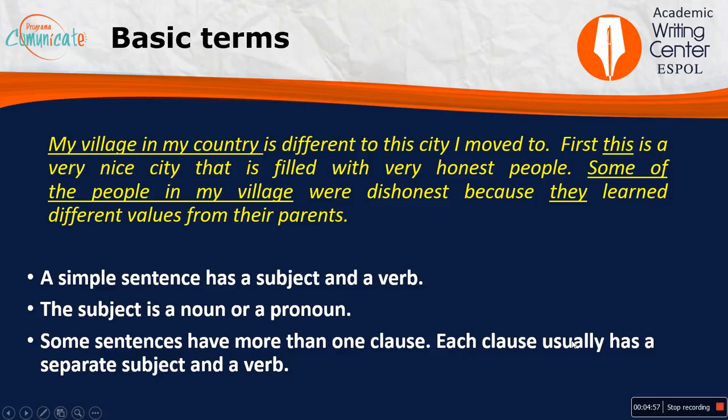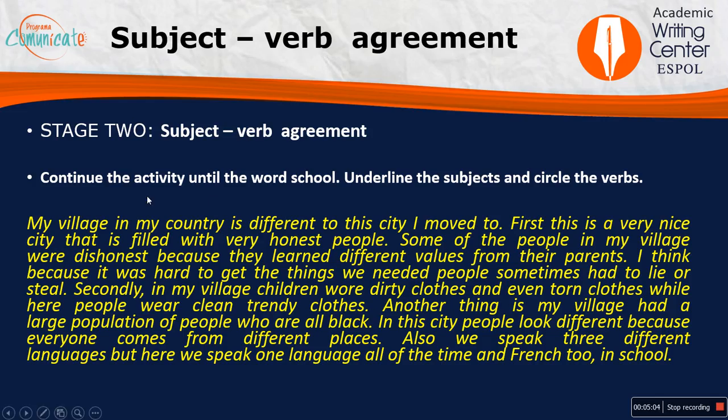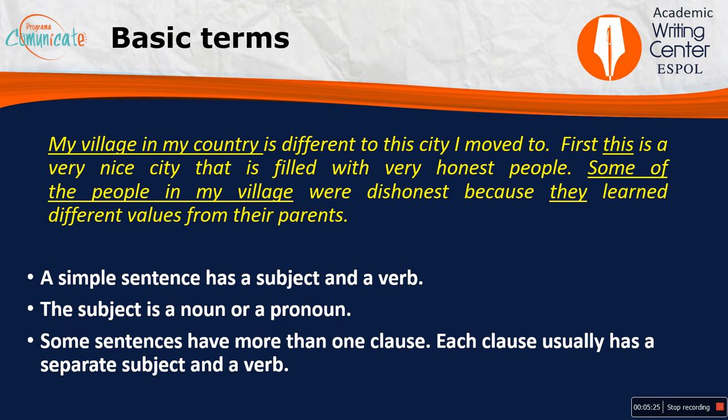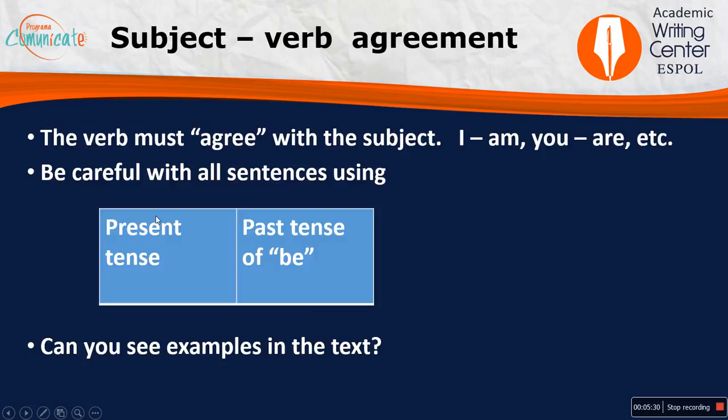So when we're looking at subject-verb agreement, it's basically at clause level. If you can continue to read through this part of the text until the word school and underline the subjects and circle the verbs to check that this part is clear for you. Pause and do that now. Okay, let's continue. I'm not going to show you all of those answers. I'm going to go on and focus on